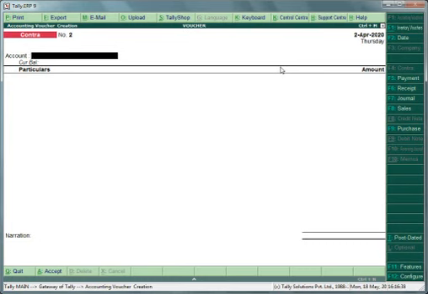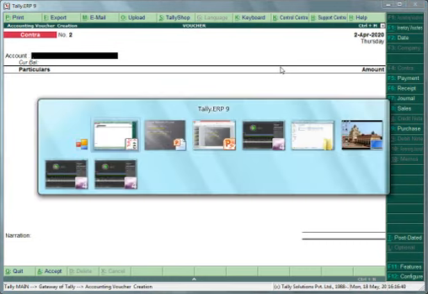Similarly, let's take another example, suppose cash withdrawn from bank. If we borrow or withdraw cash from bank, where does money go? Money comes to us, or money goes to the business, or money goes to the cash.